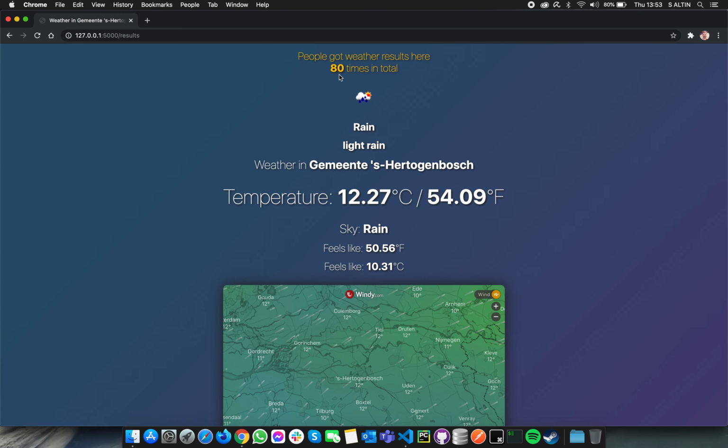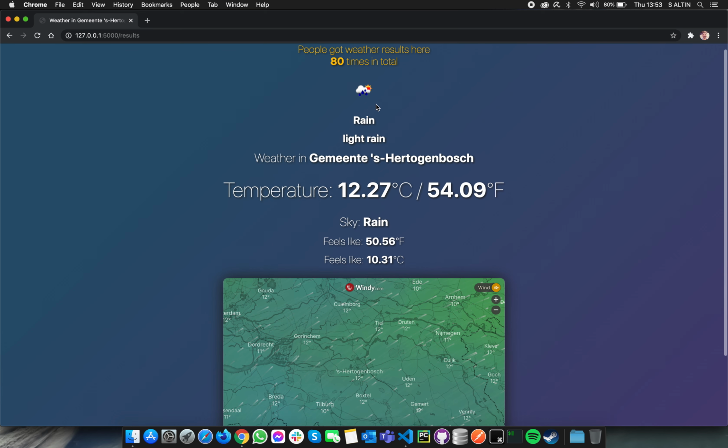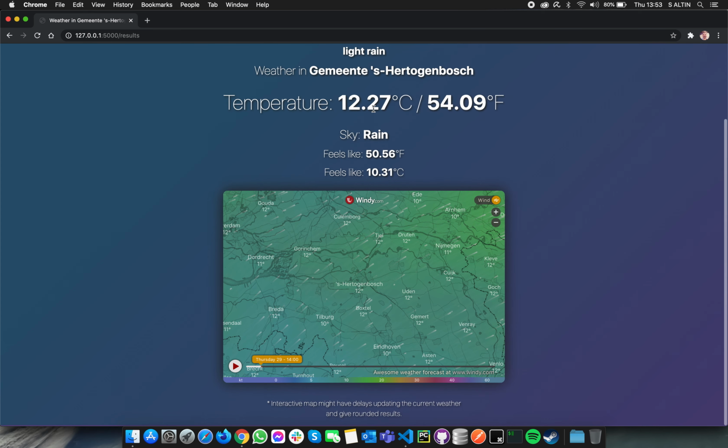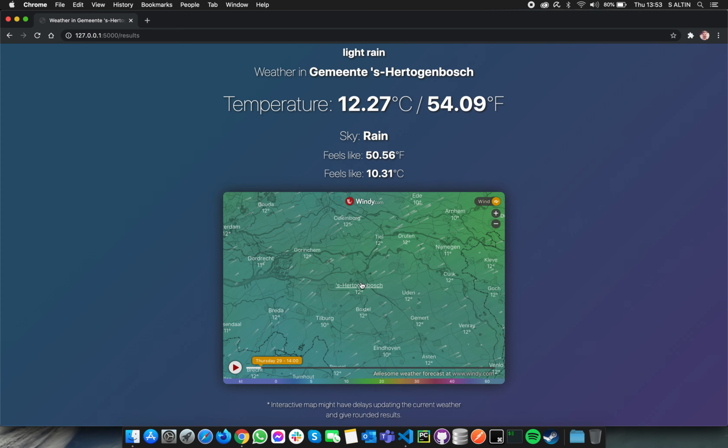As you see, we have a country here and it uses a SQLite database. It counts how many times users made weather result requests here. It's securely saved there. And we can see the current weather here for my current location. And you can also see the dynamic map of these coordinates. The URL of this dynamic map is constructed together with the latitude and the longitude that we got from the